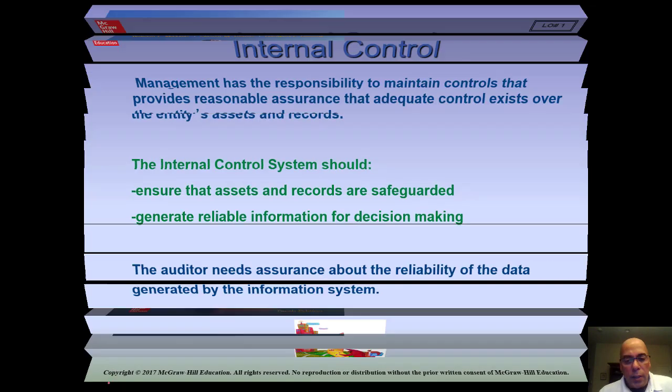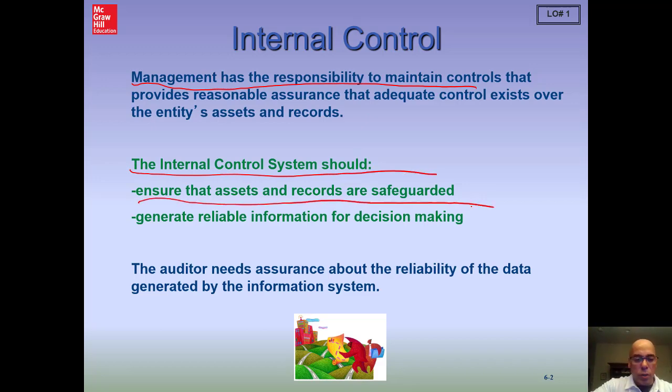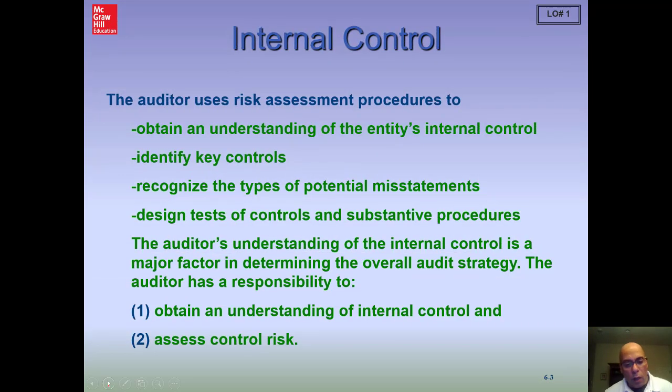audit procedures. So, just to make sure we're clear on the responsibilities for internal control, we can see that management has the responsibility to maintain the internal control. And they really have two objectives that the auditor is concerned with. Primarily, our financial statement auditor is concerned with making sure that assets are being safeguarded and that we are obviously generating reliable financial information. Those are always going to be two key things that the auditor is concerned that management has exercised their responsibility to achieve these objectives.